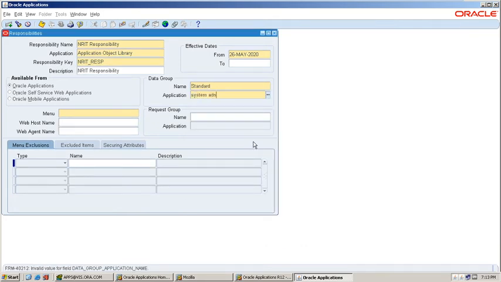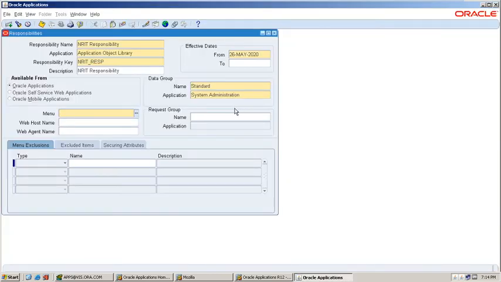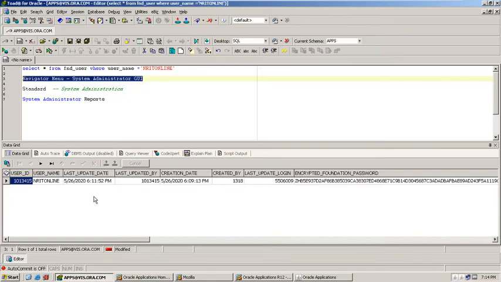System administration. Next, menu. The request group.